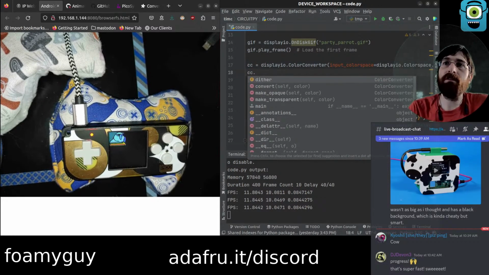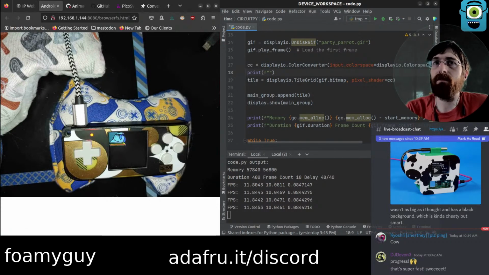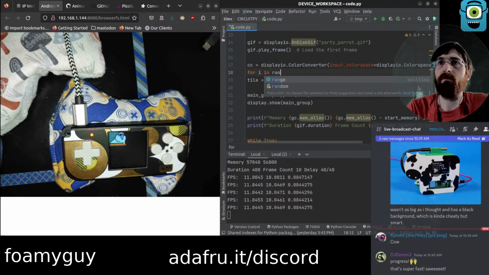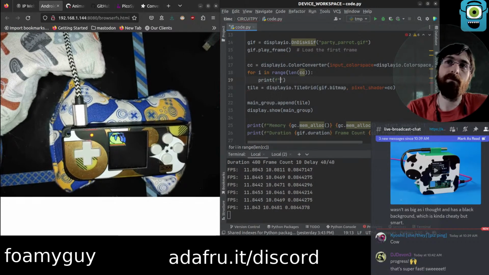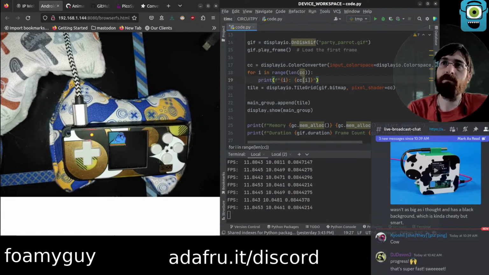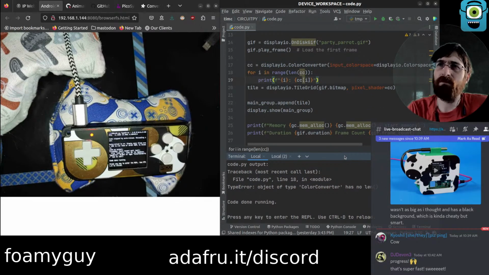Is there any reason to think that we need to do make transparent or something? No length. Really? Seems odd.